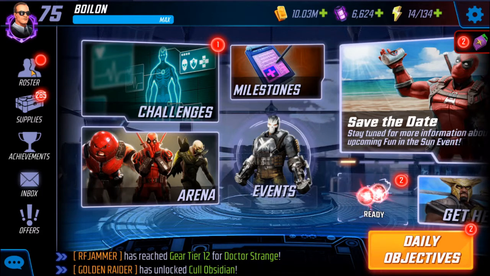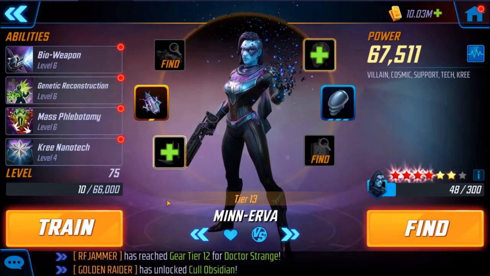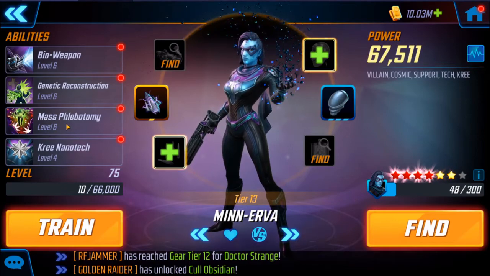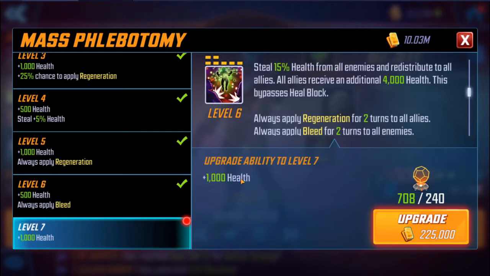To really understand why she's so useful, we have to look at her kit a little bit. There are a lot of reasons why she's great all over the game, but let's take a quick look at her skills to find out why. The main reason why she's so useful in game modes like Dark Dimension is all because of her ultimate, Mass Phlebotomy. This move is just amazing for shredding 15% health from all enemies and redistributing that to your